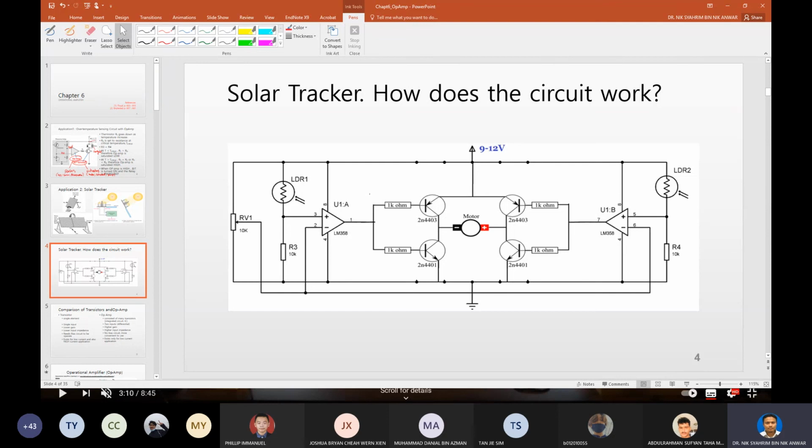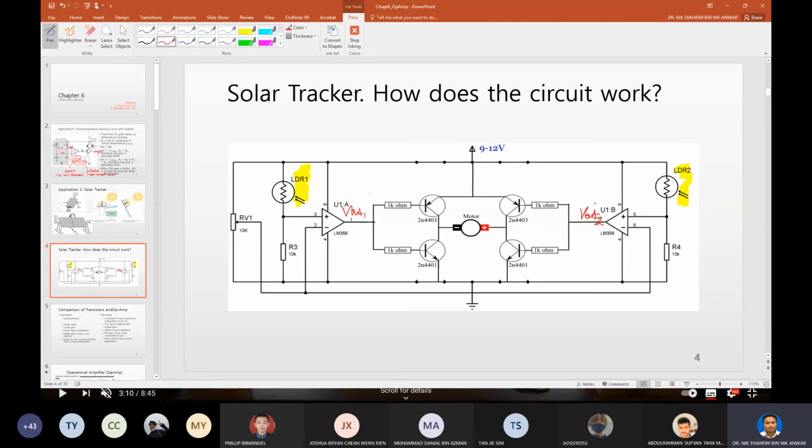How this circuit works is that it will turn on, and the voltage here will vary depending on the light intensity. Okay, V out here and V out here will depend on the light intensity at LDR1 and LDR2. So depending on the voltage at, for example, V out 1 and V out 2,